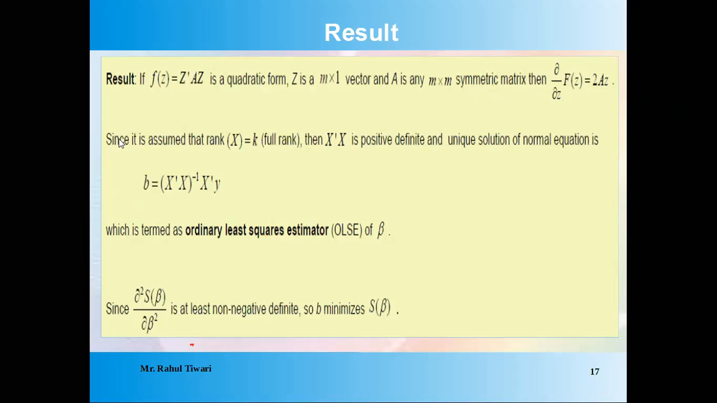So the same concept you can use. Since it is assumed that rank of x is k, full rank, in our case k plus 1, this is a standard result. Then x prime x is positive definite, we have seen just now x prime x positive definite, and a unique solution of the normal equation is this, which is termed as OLSE, the ordinary least square estimator of beta. Since your second derivative is at least non-negative definite, beta is a minimum of s of beta. ये रिजल्ट के बेसिस पे हमको ये जो प्रीवियस में है,